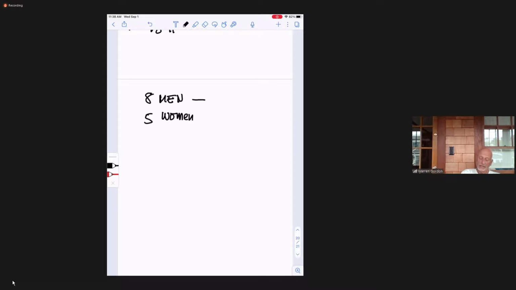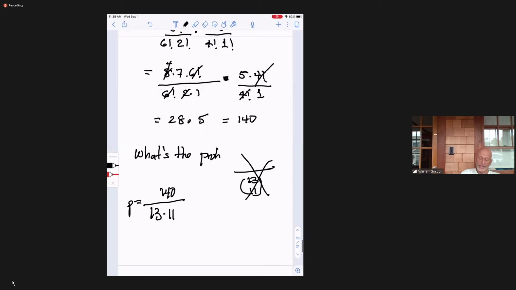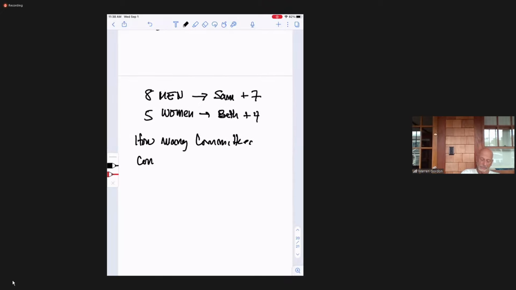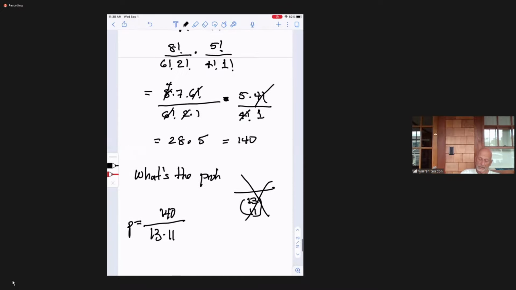Well, suppose one of the guys' name is Sam, and one of the women's name is Beth. How many committees containing 6 men and 4 women, the numbers I had before, are possible